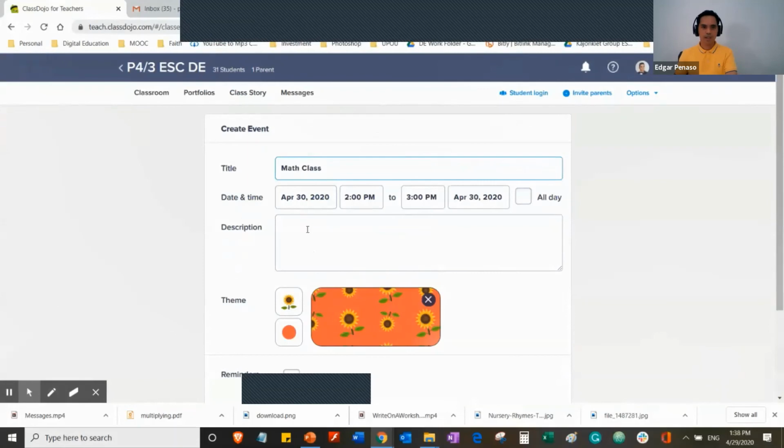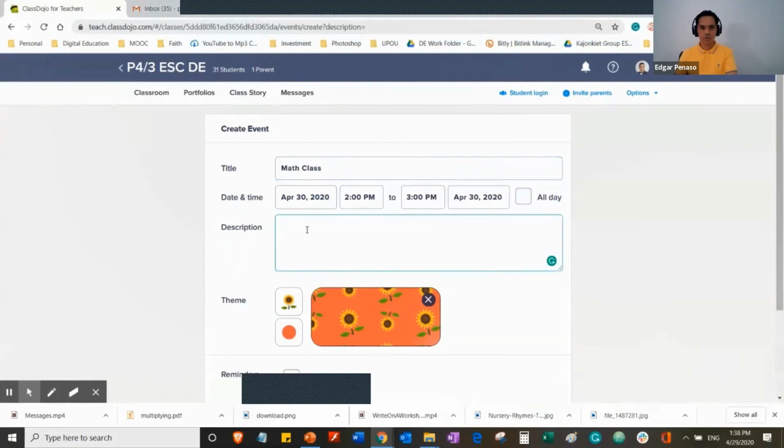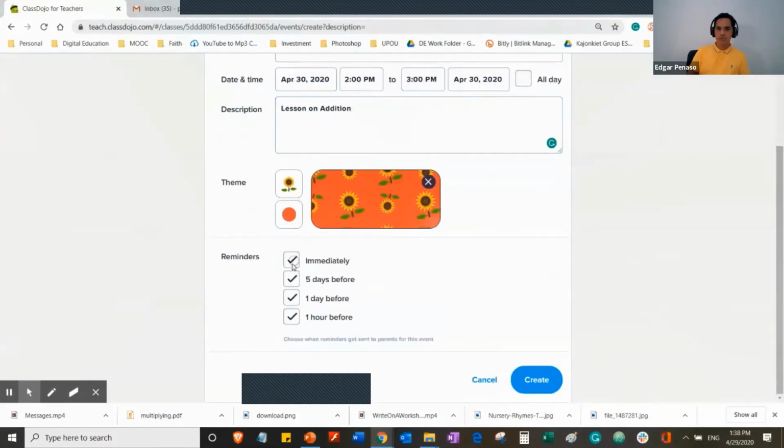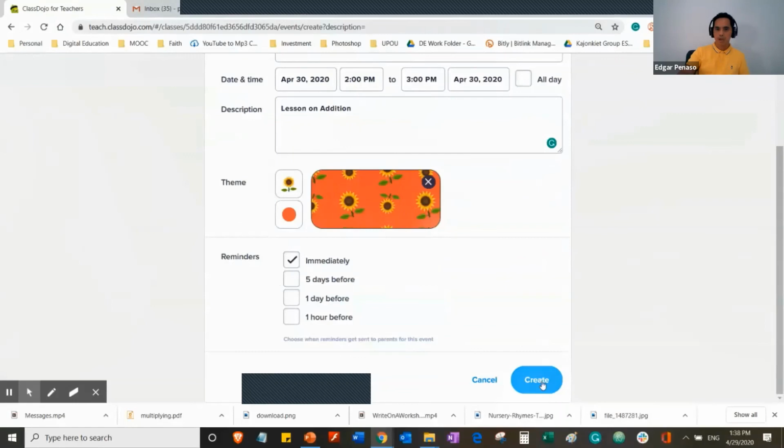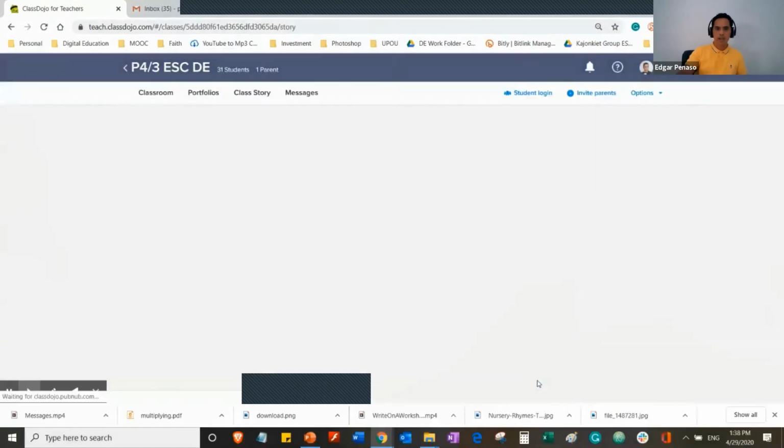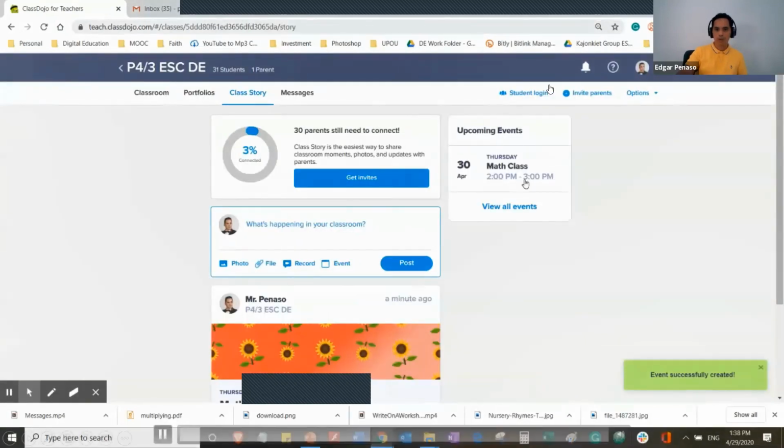Write the event there, write the description, and write the date and time, April 30, 2 p.m. You can choose the reminders: send immediately, 5 days, 1 day, or 1 hour before. Click create, and